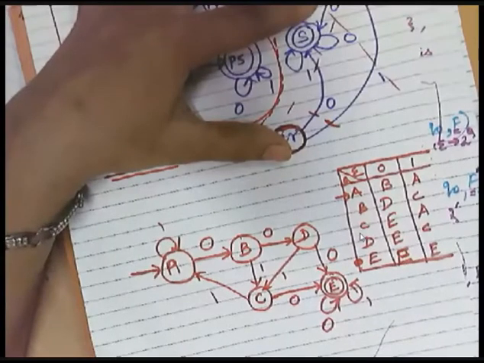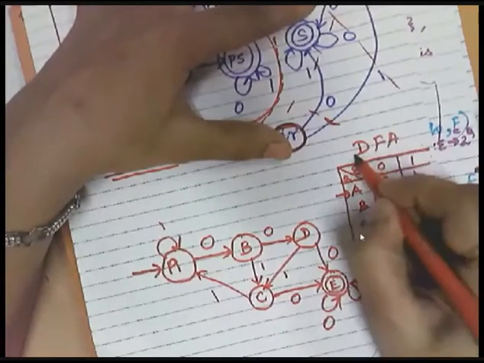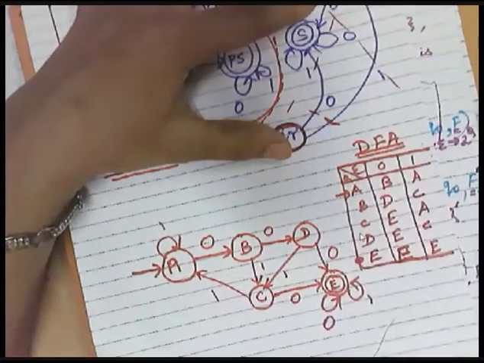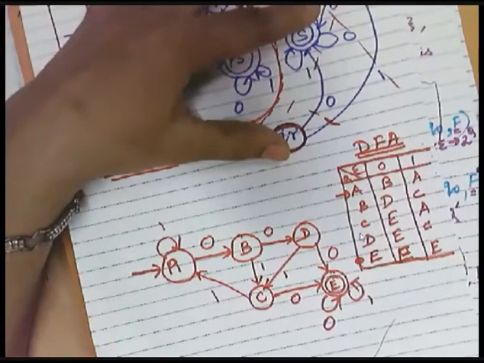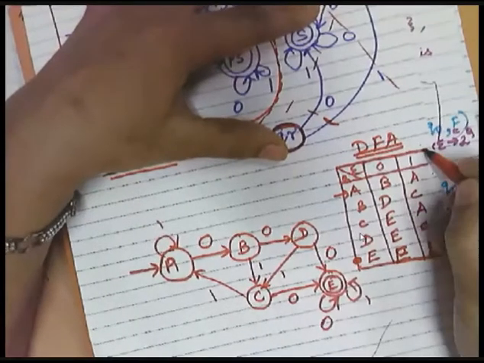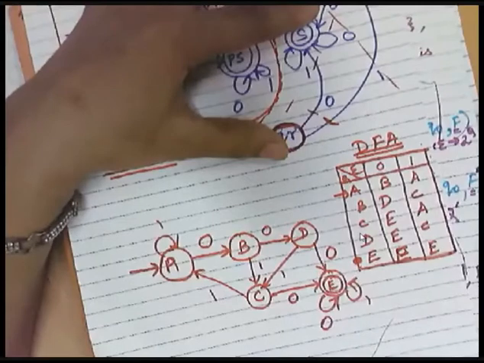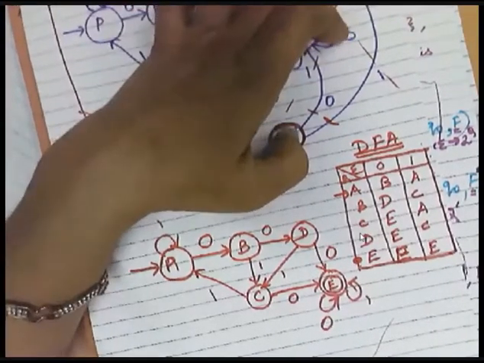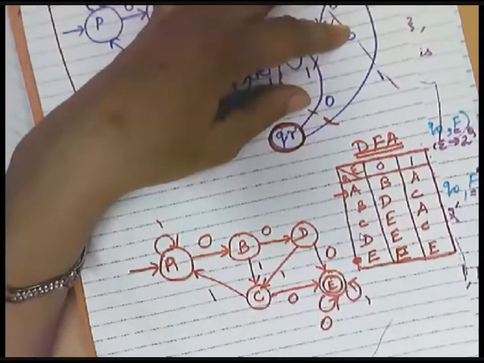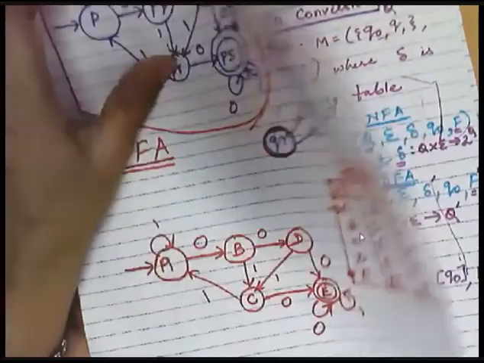In this way, you have to write the DFA for a given NFA. I hope you have understood. While minimizing the DFA, we have to consider the equivalent states. We also have to identify any unreachable states. And finally, we have to discard the dead states which are trapping, also called trap states. With this, I hope you have understood all this.